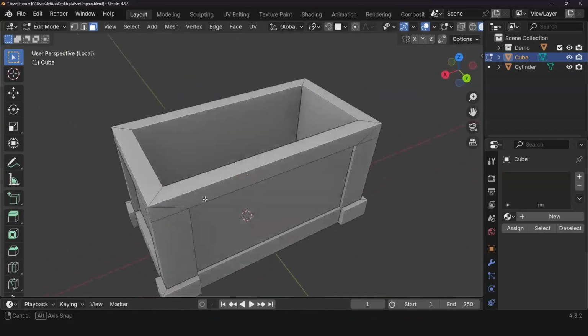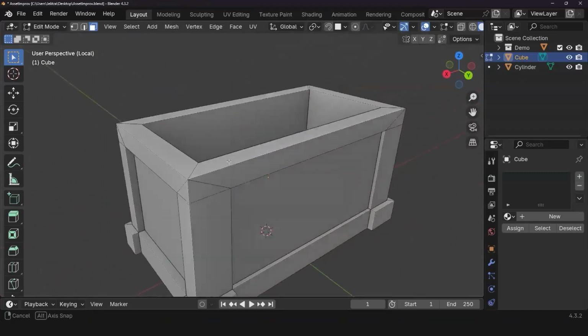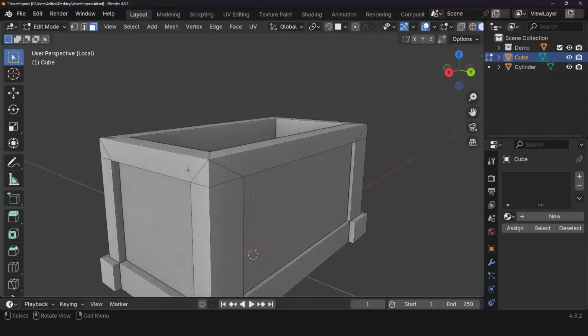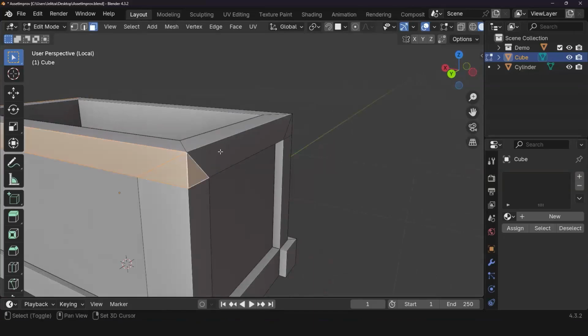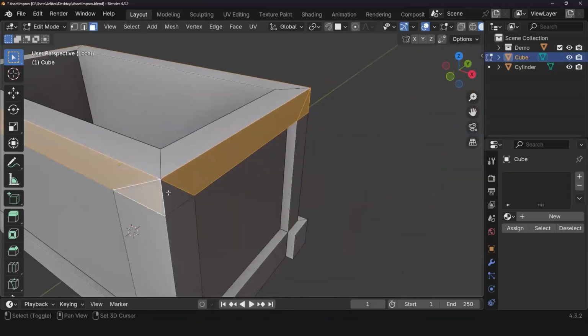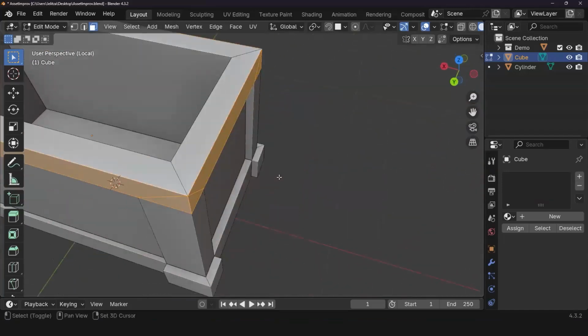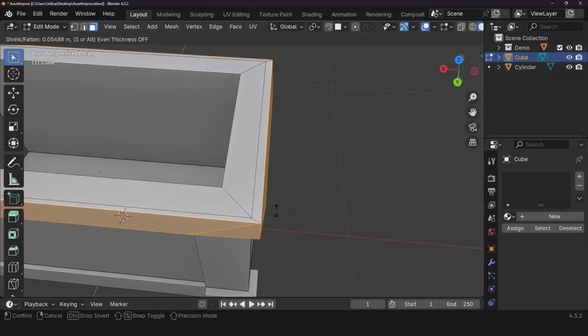Actually, I forgot the top. Oh, I forgot the top. Hold on a second. Actually, no, I'm good. I am good. Yeah, I got this. So what I could do is I could do this. And I'll just leave those tris there because I'm going to spend too much time tweaking instead of actually doing. And that's fine. So I'm going to do Alt E, extrude faces along normals.